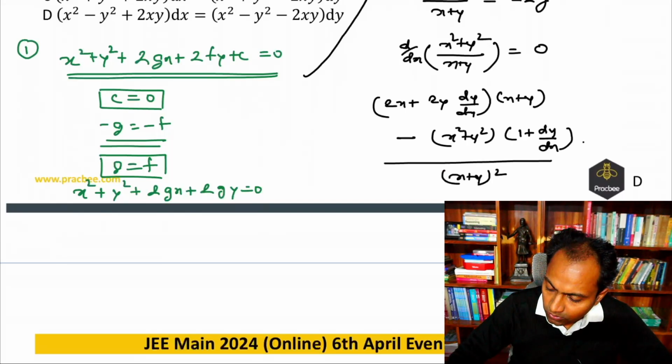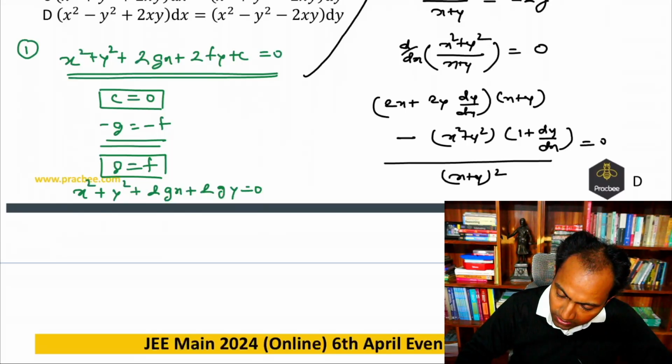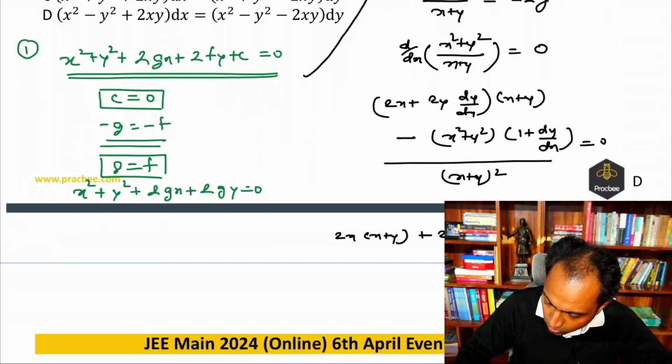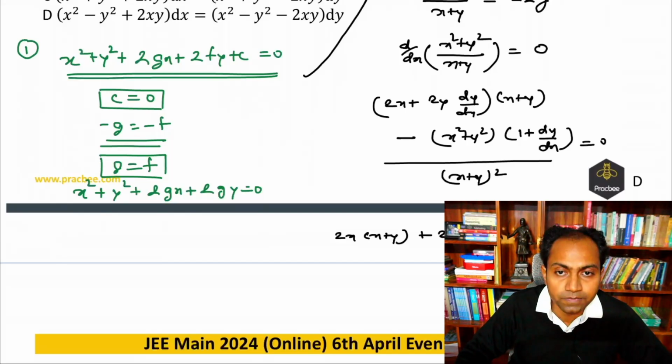And this is equal to 0. So if I simplify, what am I getting? And in this question, since they have written dx and dy on both the sides, so let us simplify and write it down. So the first part becomes 2x into x plus y plus 2y into x plus y